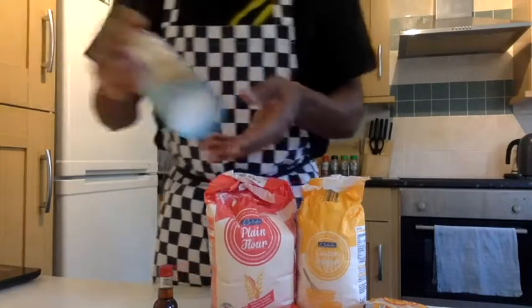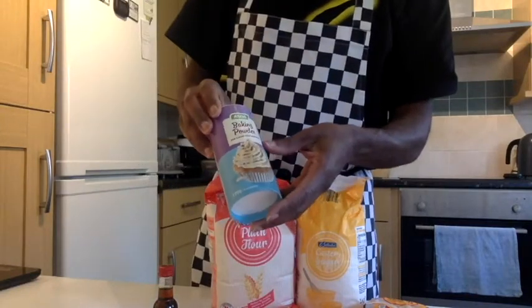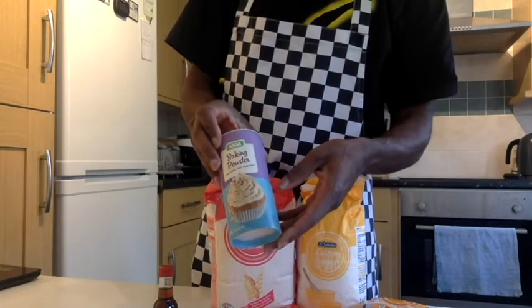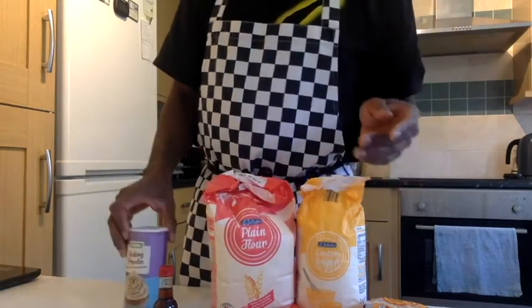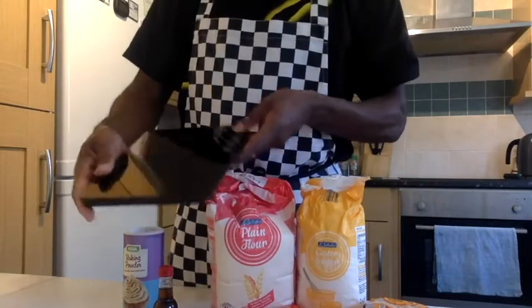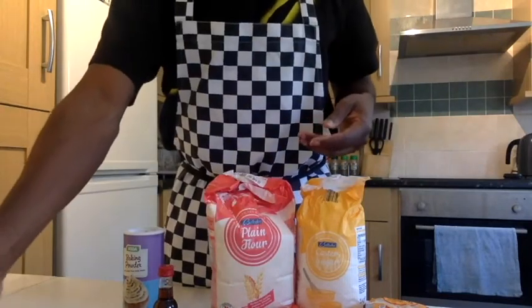And then the last ingredient is the baking powder. So we're going to use a bit of baking powder in there also. Okay, so these are the ingredients. And then in terms of the equipment, what you need is a set of scales,